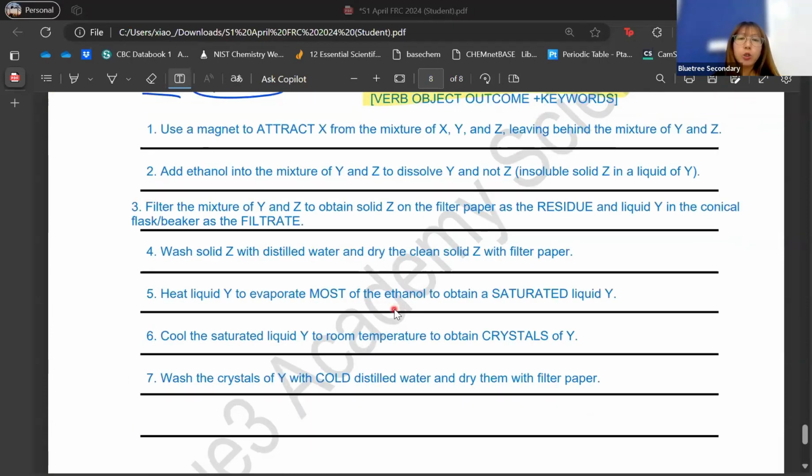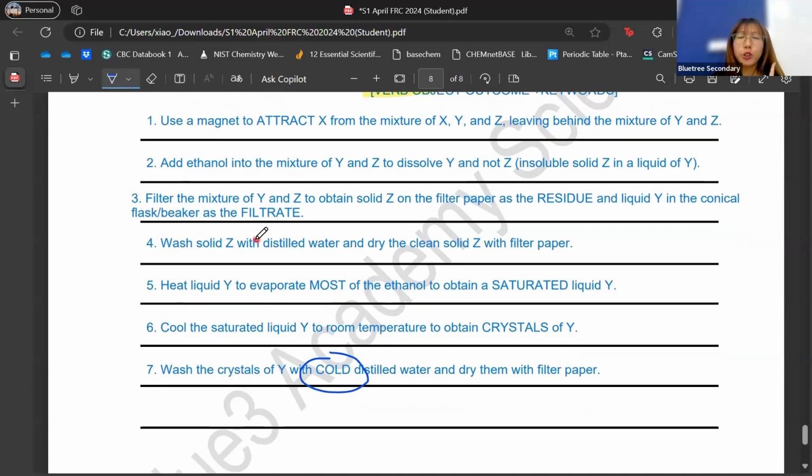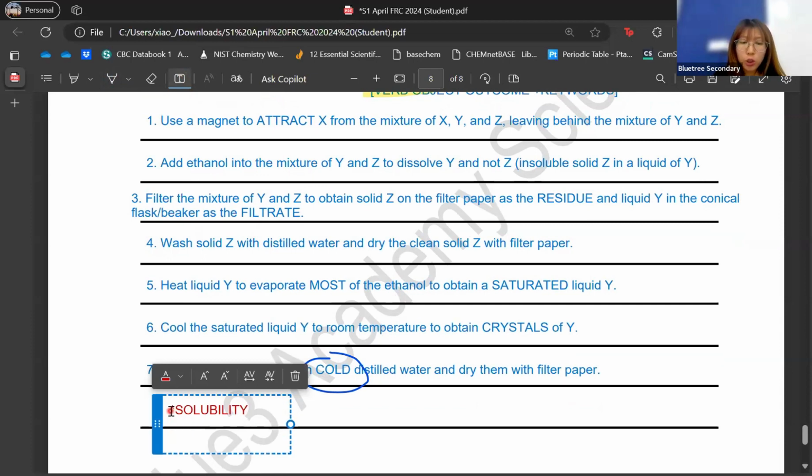Kayla asked a very good question. Teacher purposely never explained this to see whether any of you would ask. Why do we wash the crystals with cold distilled water, but we did not wash the solid Z with cold distilled water? This one is about solubility. Don't forget your concept of solubility in elements, compounds, and mixtures, the topic all schools would be at now. Under the concept of solubility, you learn that the higher the temperature, the more soluble the solute is in